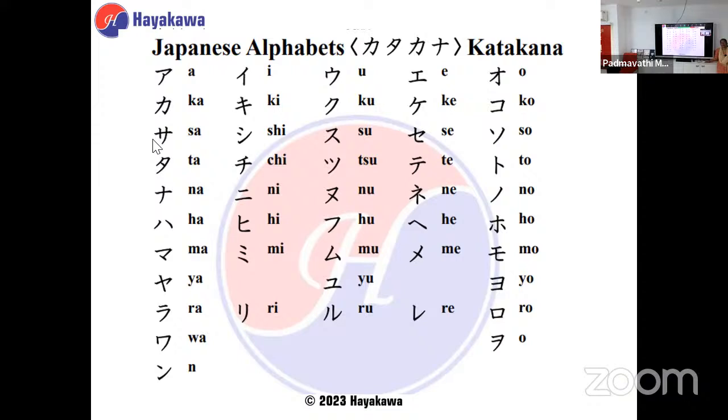katakana letters, right? So it's going to be a, i, u, e, o, ka, ki, ku, ke, ko, sa, shi, su, se, so, ta, chi, tsu, te, to, right? Similarly here also ha, hi, fu, he, ho. This is fine, whether it is hu or fu, no problem, because it is a katakana letter. You can pronounce it, but we will see the letters. We will see examples for this later, right? So again, wa, o, and n, the same. So from a, we will see how to write.